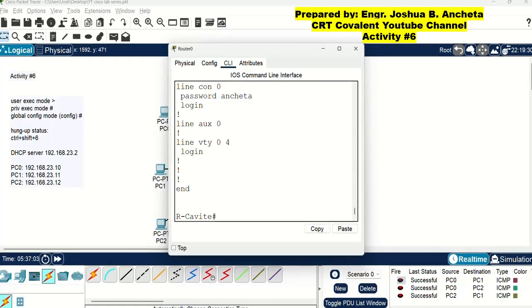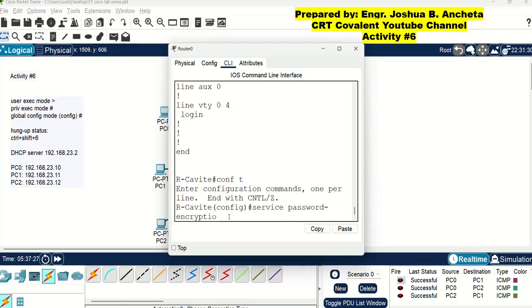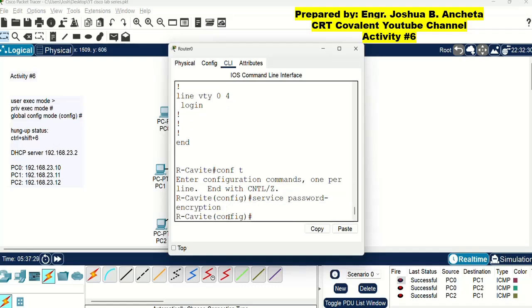Let us now perform the encryption of the password. So we have to go to the global configuration mode. From the privilege executive mode, we type conft, then type service password-encryption, then press enter.